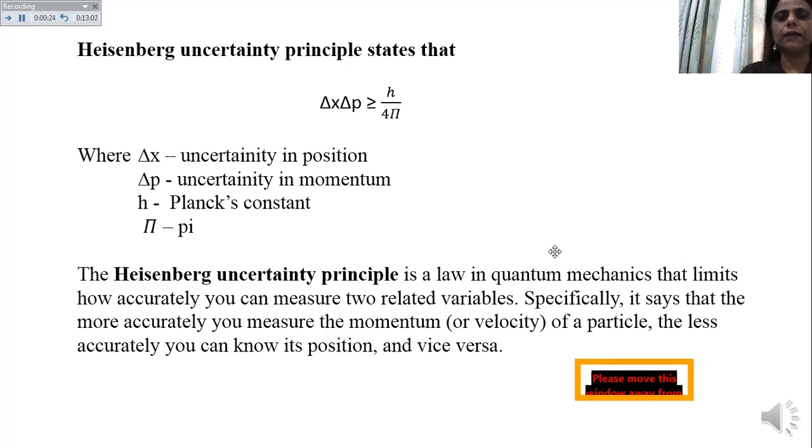What is the delta? Delta is the minor change in position. Delta always stands for minute changes and x stands for position. Delta P stands for minor changes in, that is the uncertainty in momentum. P stands for momentum, that is the mass and velocity. It is minimum equal to h upon 4 pi, and maximum is greater than h upon 4 pi, where h